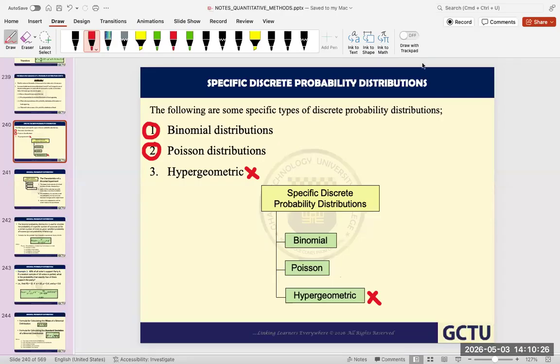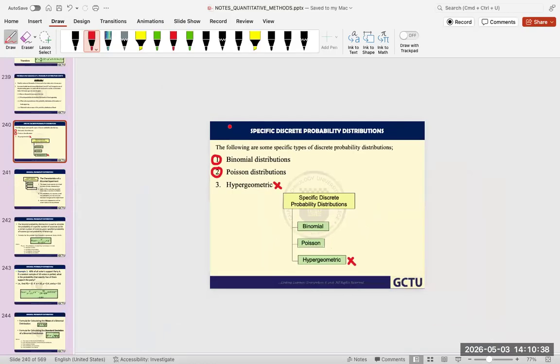Binomial distribution. Let's look at binomial distributions and then the Poisson distributions and their characteristics. Remember the word probability